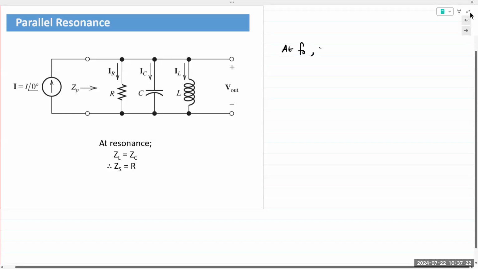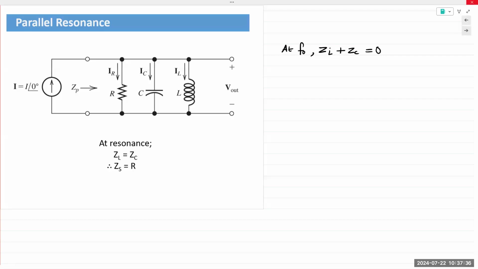The impedance of the inductor and the capacitor are exactly the same, but opposite in magnitude. So ZL plus ZC goes to 0. Energy transfer between the two is exactly the same. And so at resonant frequency, neither the inductor nor the capacitor pull any energy from the source. So the resistor gets all of that energy. Okay, so the qualitative explanation is exactly the same. There's no difference. But because of the parallel connection,